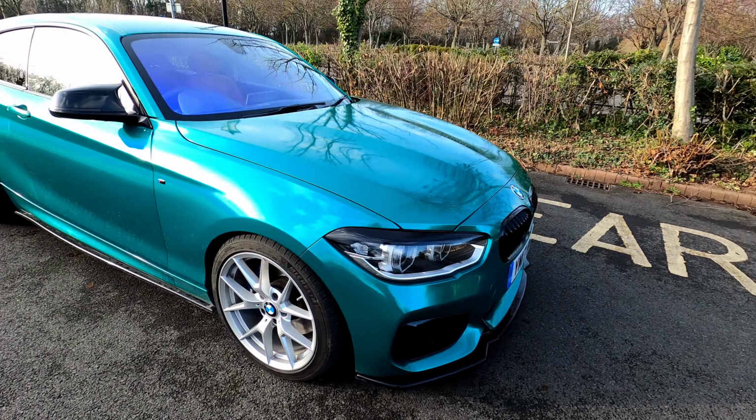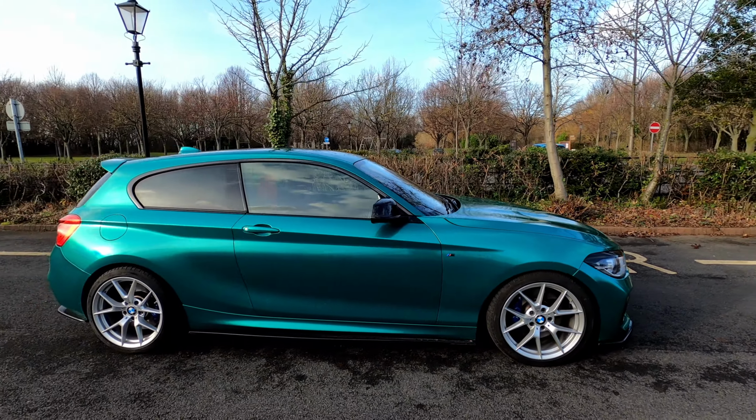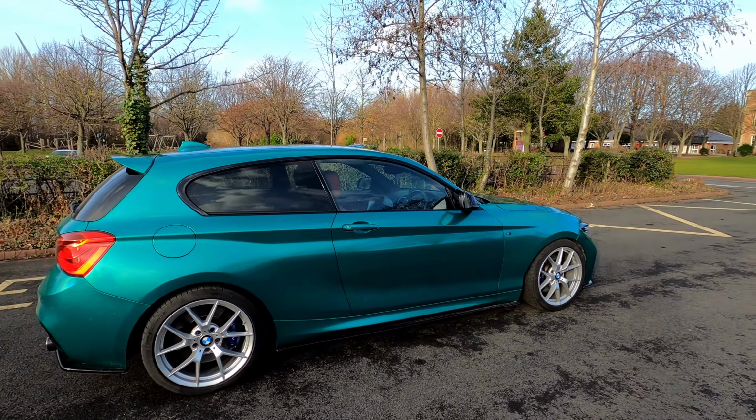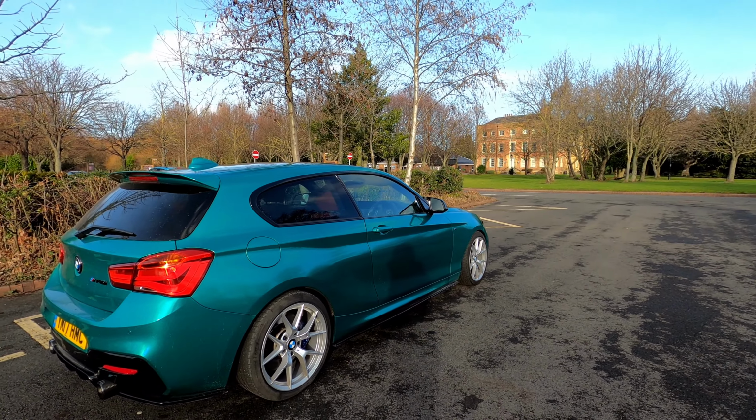So to me, the M140i is a pretty tame looking hot hatch, hence why I decided to switch it up with this colour scheme a bit so it stood out a little bit more. And it's a little bit mucky at the moment, I won't lie. I washed it like 2 days ago, but the roads have been horrendous, and while I'm talking about washing cars,